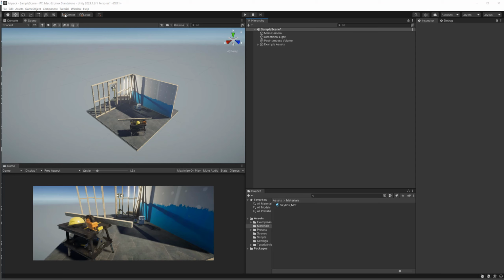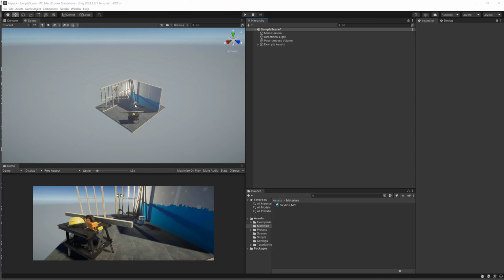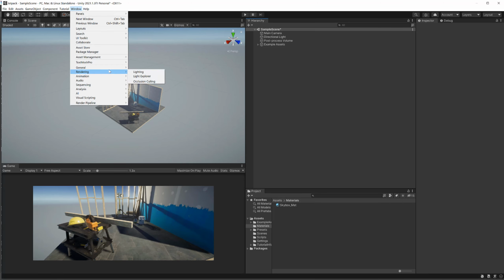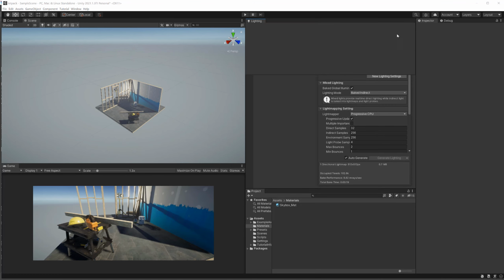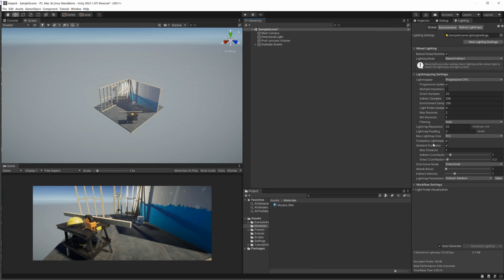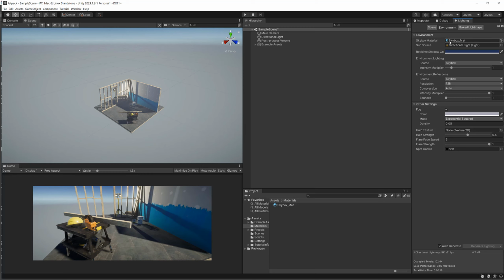Here we are in Unity, and first of all I want to get rid of the fog effect because when we're going to work on effects we want to see the true colors and not how they change in the distance. So you can go into Window, let's see, Rendering and Lighting. You can open this. You can also just dock the tab somewhere here if you need it again, and in here if you scroll down, let's see, Scene, Environment tab, and here we have the fog,